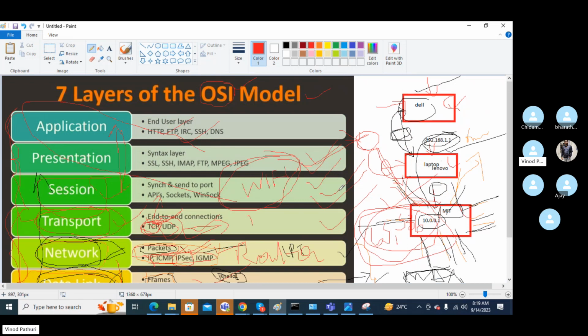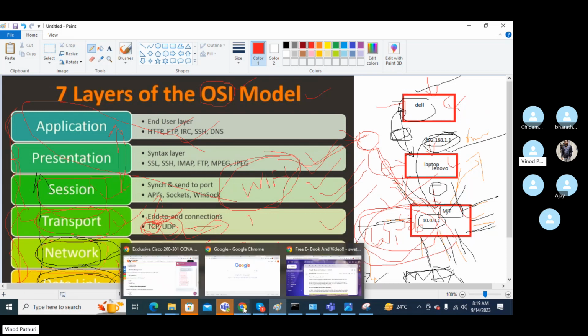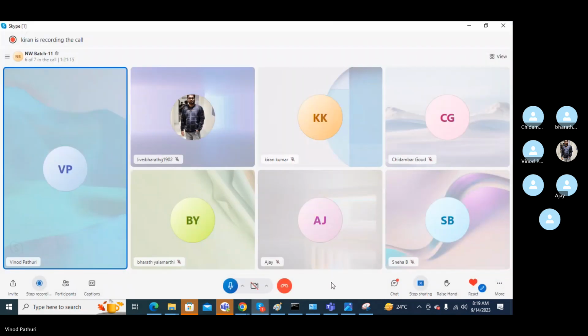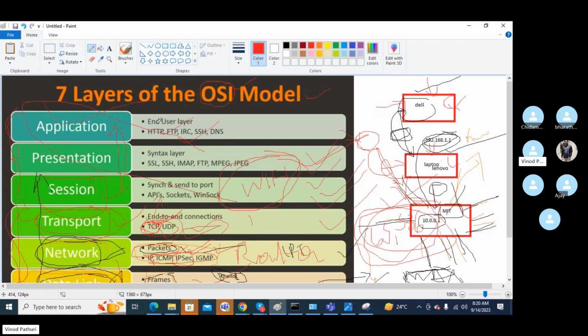Okay, so the last one is the application layer. You know, right? We are using web traffic, HTTP. That is an application layer. It's a way of communicating with the application. And you have email. That is an application. It works under the application layer. And there are many applications. You'll get to know eventually. So these are the layers, a total of 7 layers, starting from physical to application layer.